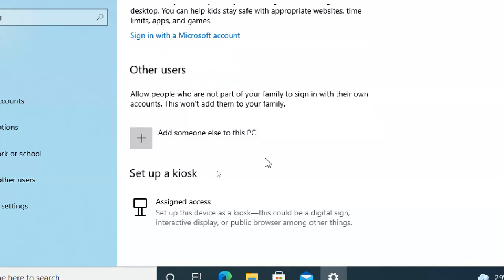So here we don't use any Microsoft account for this purpose. Just add someone else to this PC. If you are using your PC, but maybe your little brother or a sister, or someone wants to access your PC, you don't want to give admin rights to it.